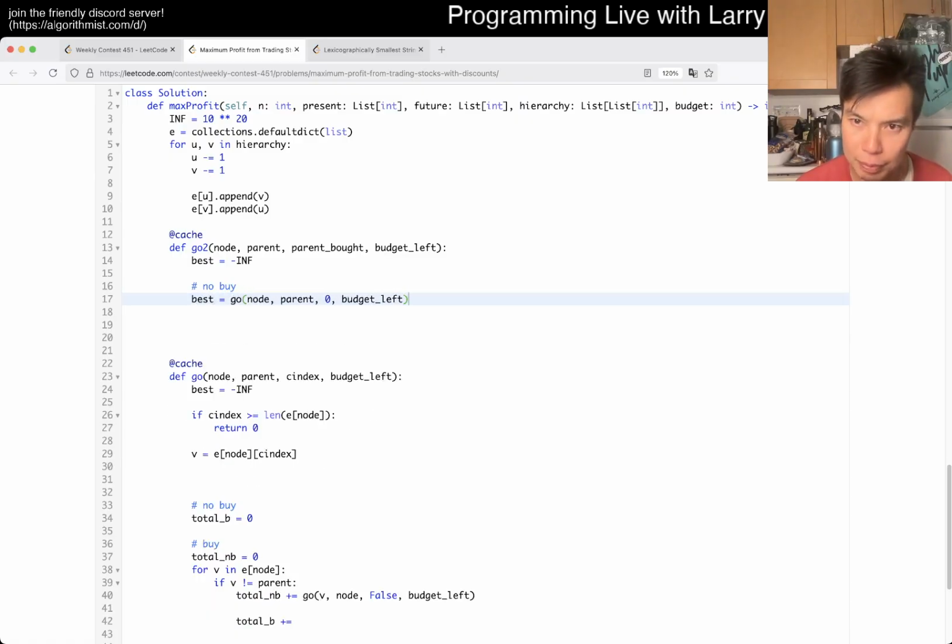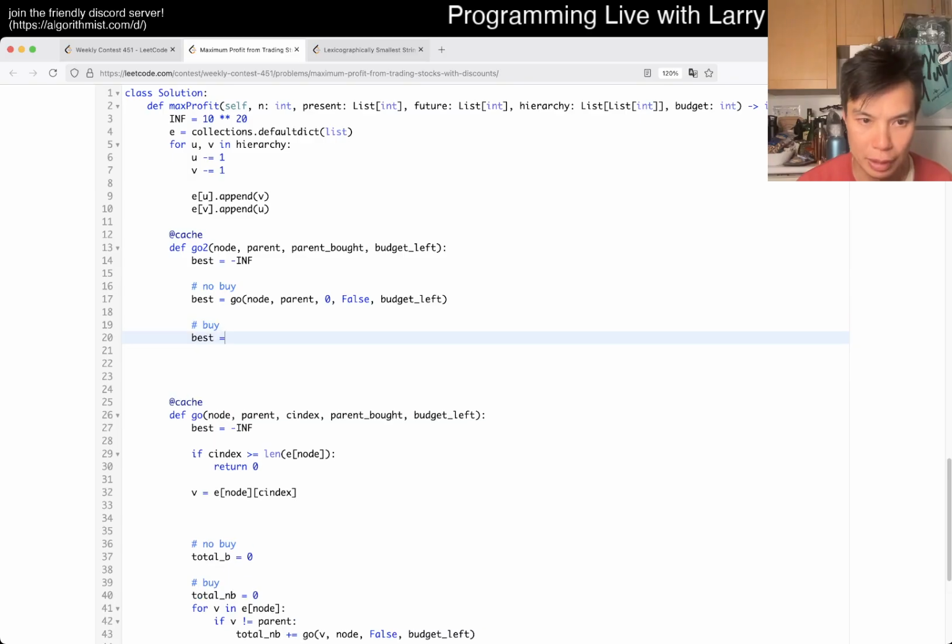Is that good? Yeah, we didn't buy any. I guess we do need parent board actually. So then this is going to be force, budget left, right? Okay, and then buy is going to be